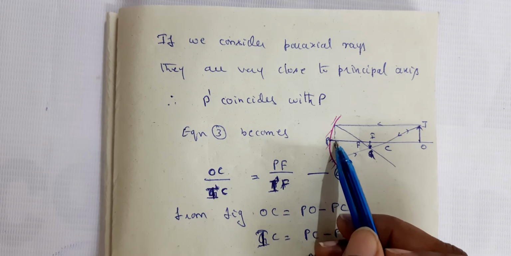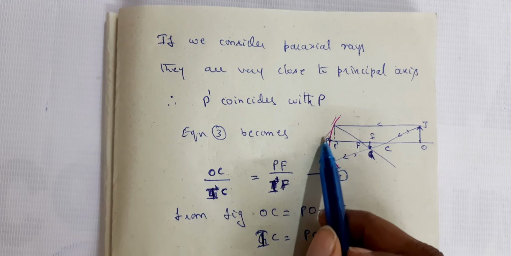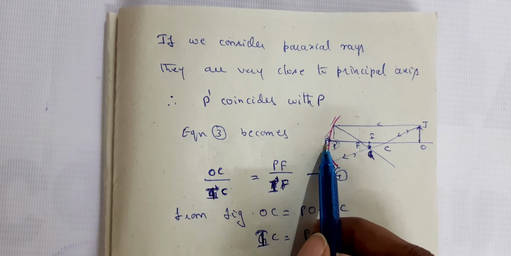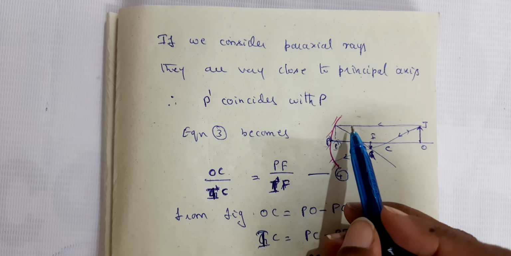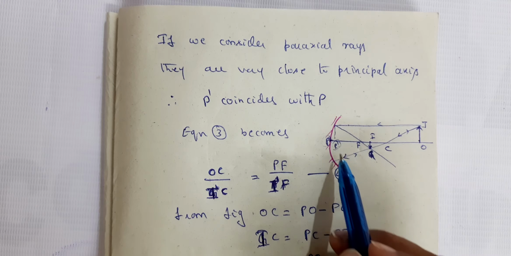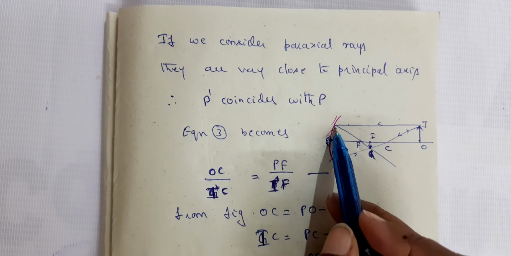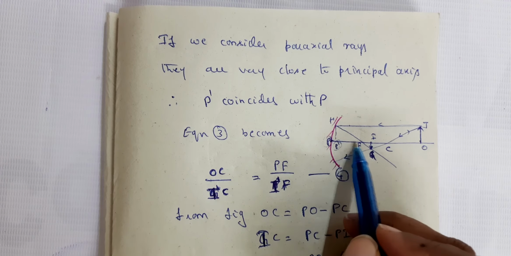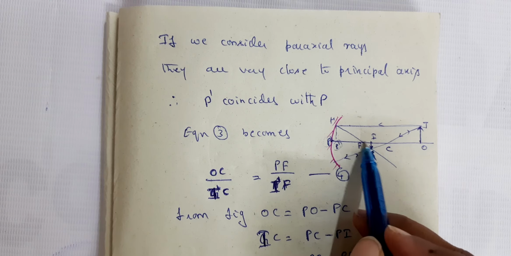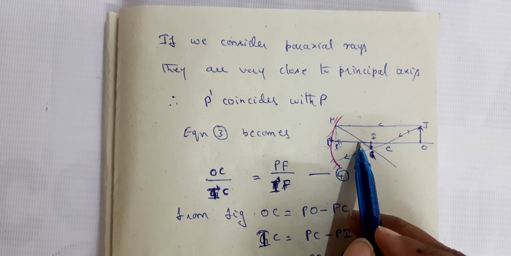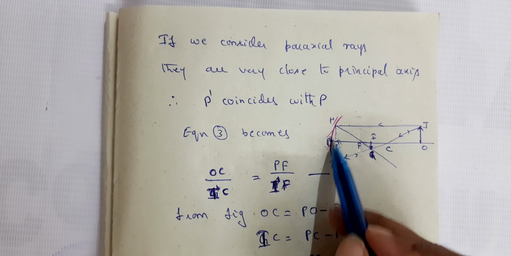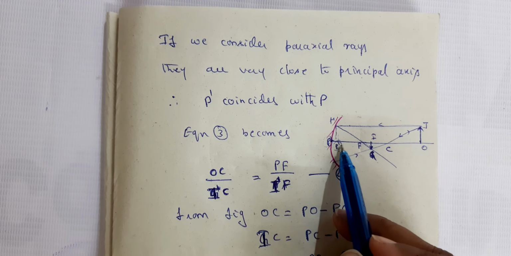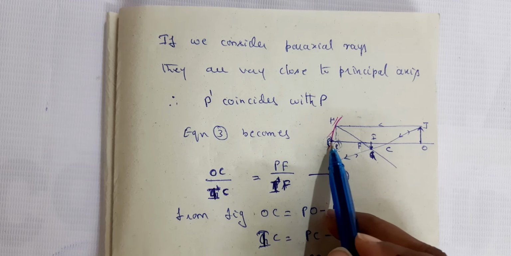As the ray is coming closer here, you can see that this P dash is matching with P, isn't it? So P dash coincides with P when we are considering a para-axial ray. For convenience, first we imagine that there is a P dash M which is perpendicular to the principal axis, so that it will be convenient for us to take these two triangles as similar, because along the curve you can't imagine it to be a straight line. Clear why we have imagined this? Now since we are taking para-axial rays, this P dash coincides with P.